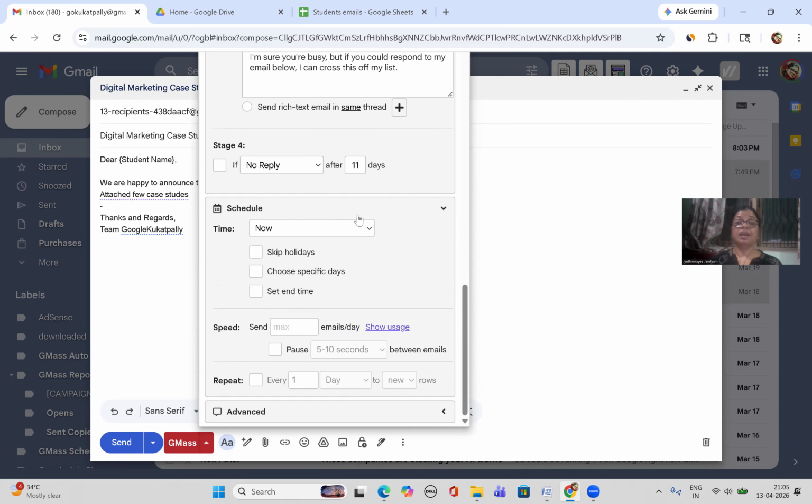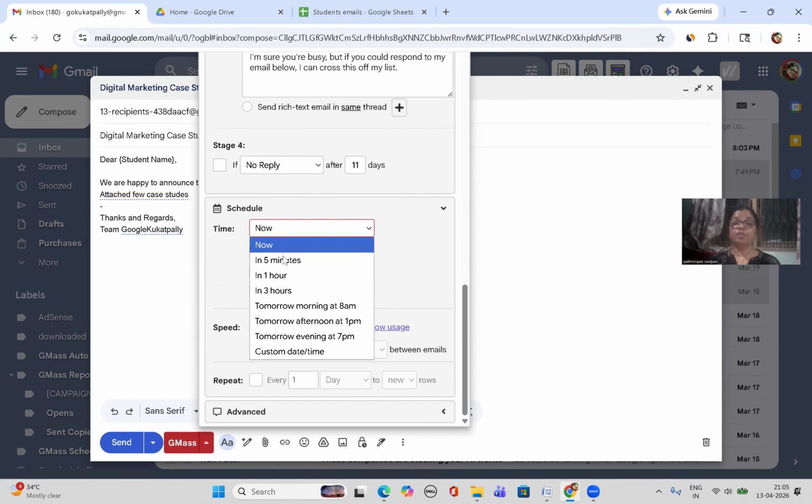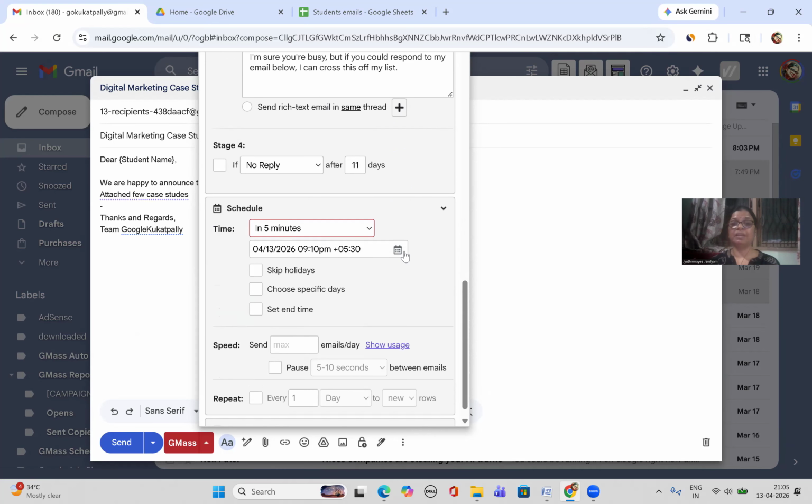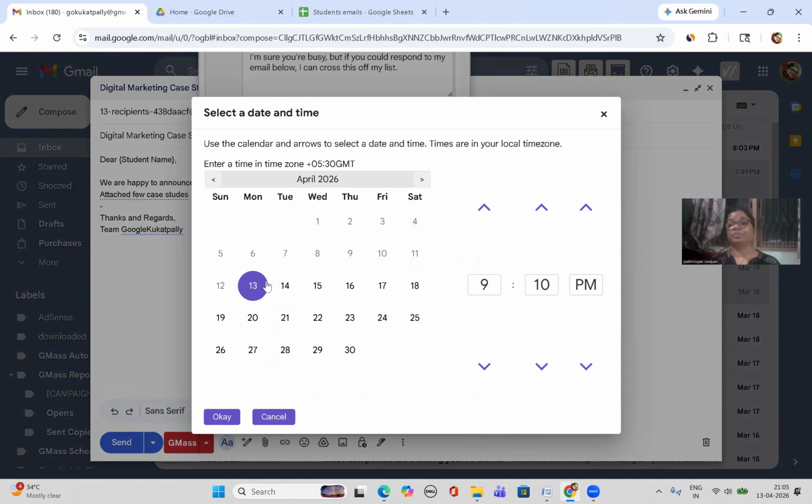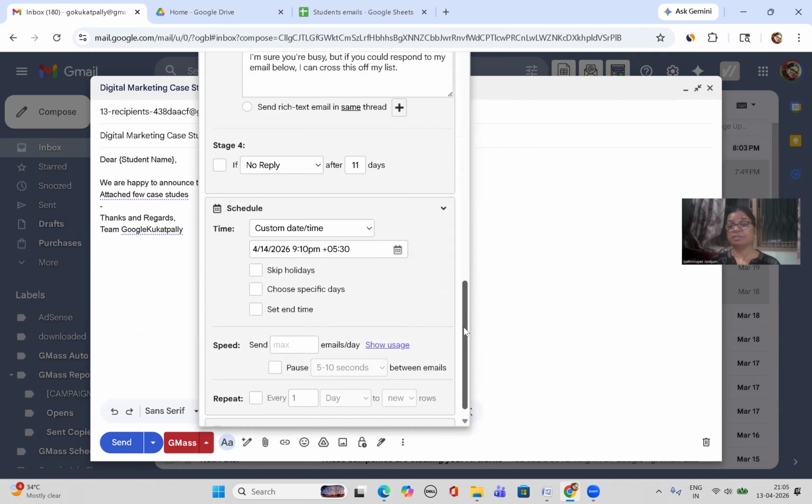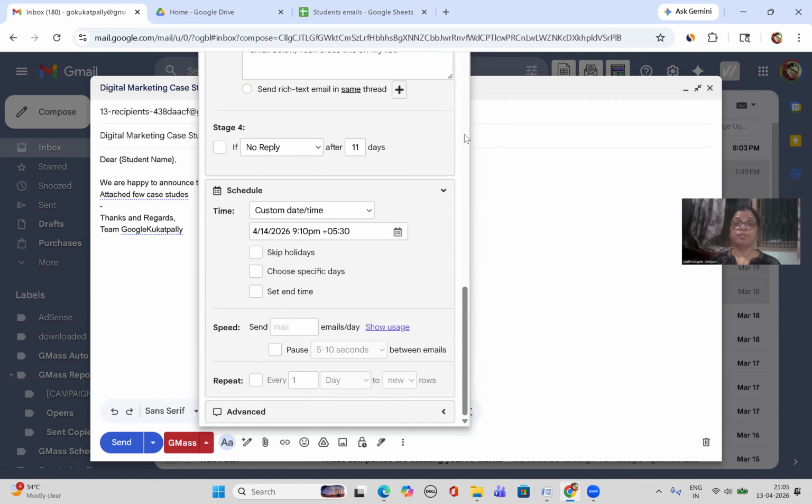And now the schedule. After you have drafted this mail, if you want to send that mail now itself, you can send it now. If you want to send that email after 5 minutes, you can select that one and select the date, say 5 minutes. If not 5 minutes, if you want to select the 14th or any other date and the timings and everything, you can select and click on OK. After you have set everything,